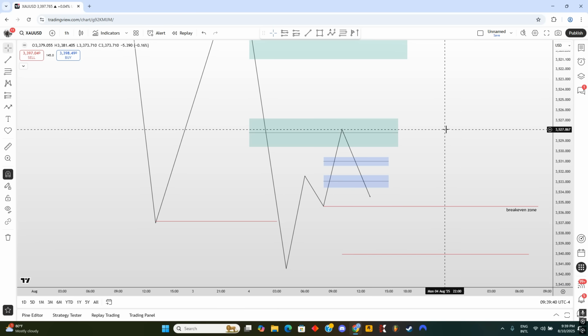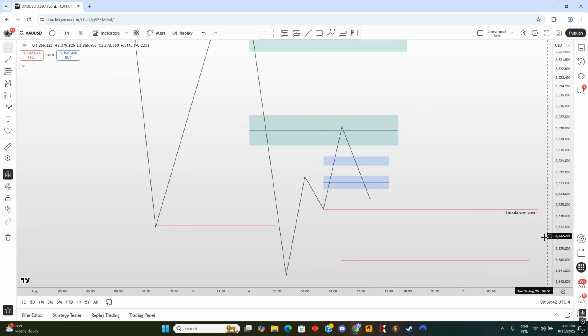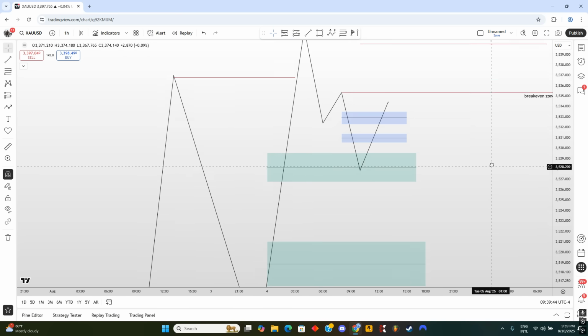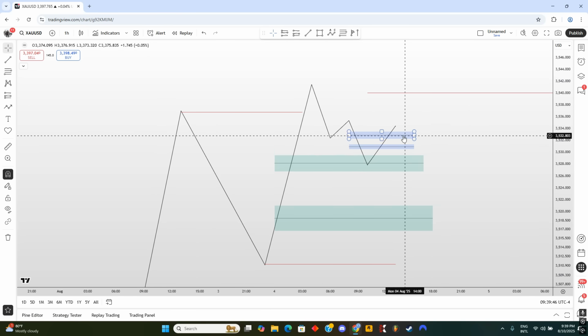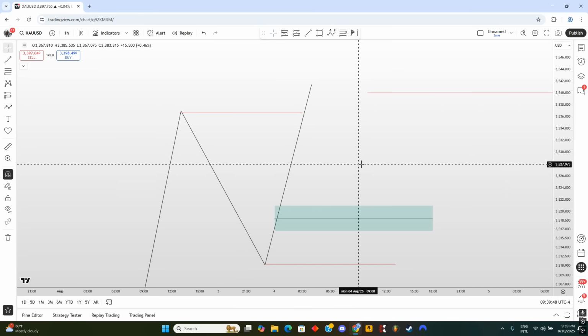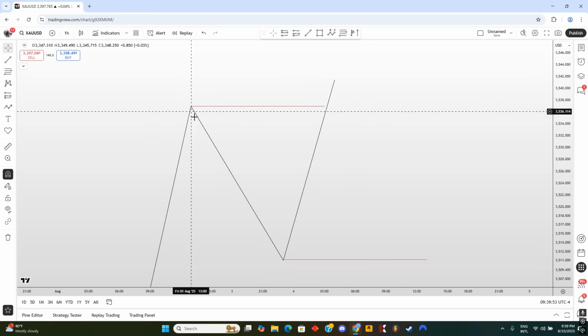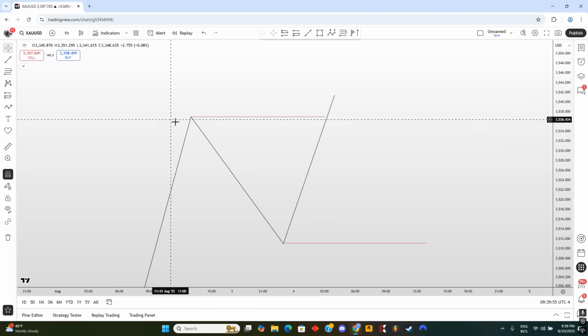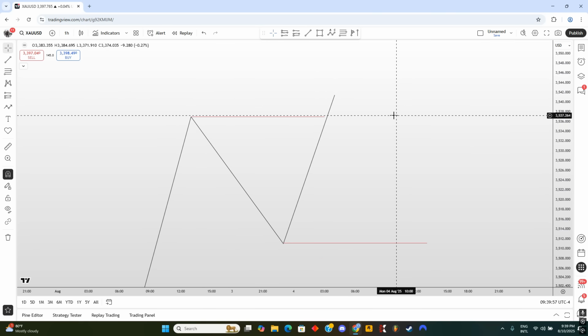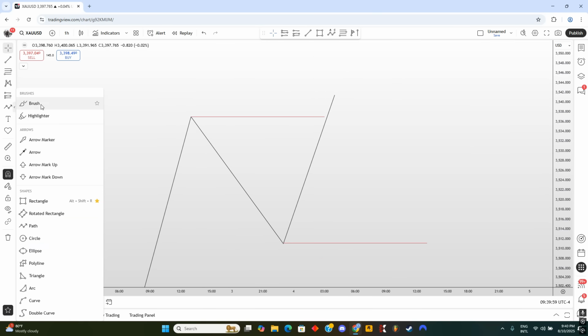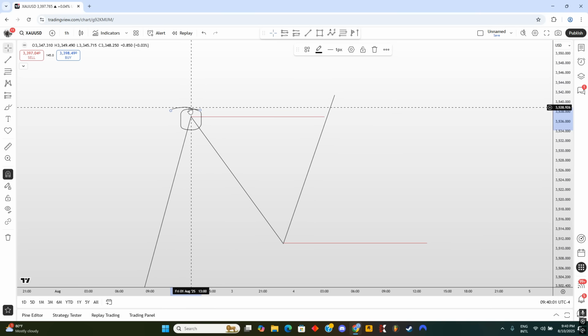I'm going to give you guys some examples, and that's going to clarify each and everything. Now, of course, let's just remove this. All right, let's just get rid of this. Let's say price sweeps out this 1 hour high that we have. Okay, so this was a 1 hour. It can be any high or low on the 1 hour. It doesn't have to be like a significant high or low. So over here, this is what we have.